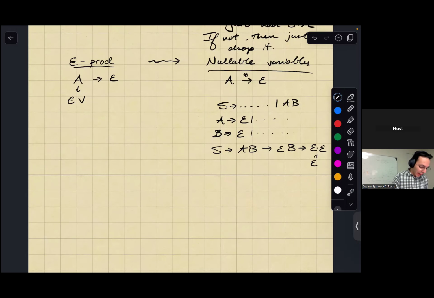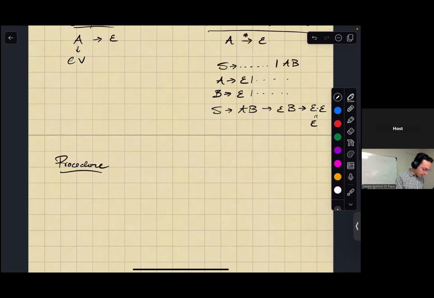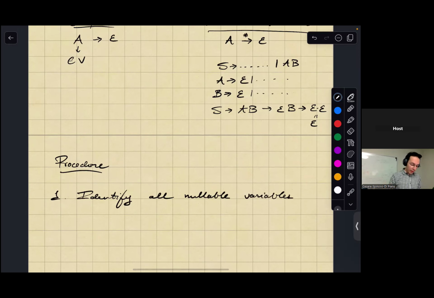Yes, right. So now I've defined nullable variables, and now that's how I can actually start to define the procedure. So the procedure to remove epsilon productions is, the first thing I want to do is identify all nullable variables, right? And let's just say I put them in some set of variables that's called Vn. Then the second thing I do is,